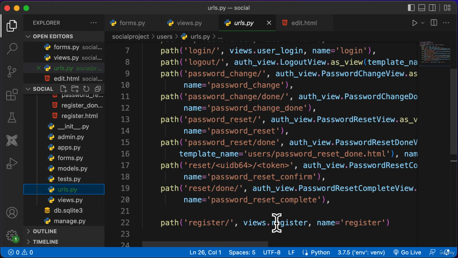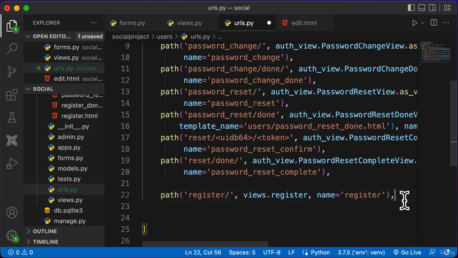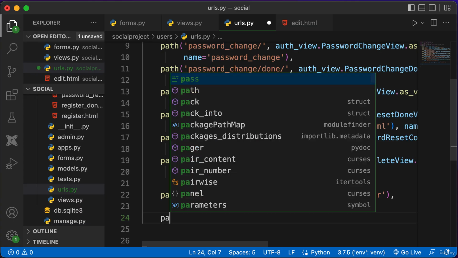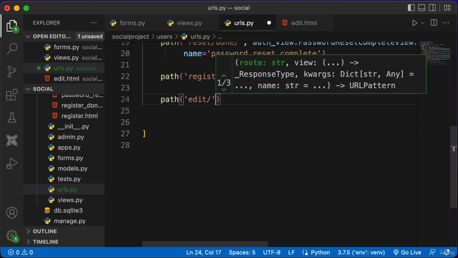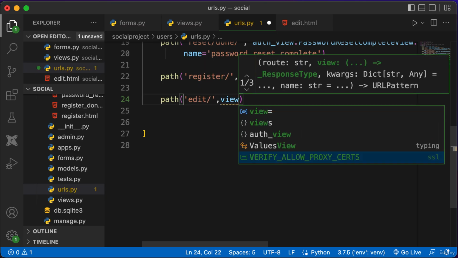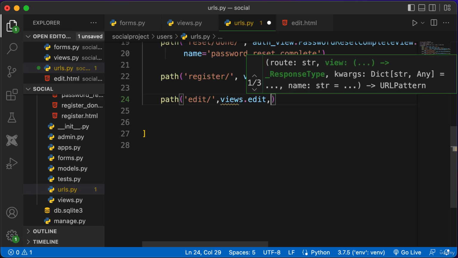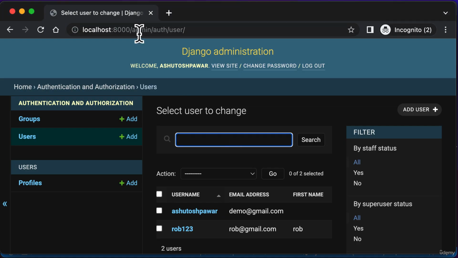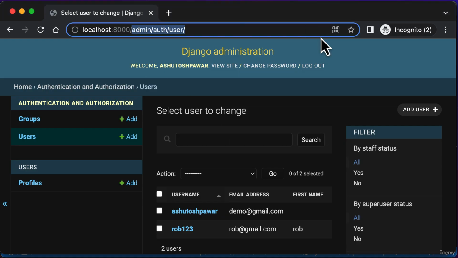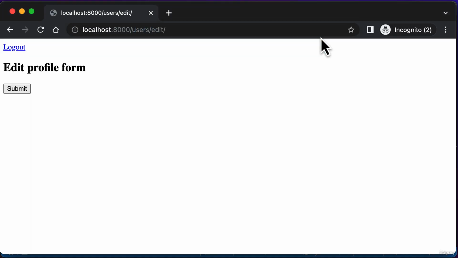Doing that is quite simple. Let's go to the urls.py file, give a comma, and add the last URL, add a path. This path is going to say something like edit/ and this is going to render the view which is edit. So views.edit, and let's name this as edit as well. Give a comma at the end and we should be good. Now if I go back here, if I go to users/edit, I get the edit profile form,